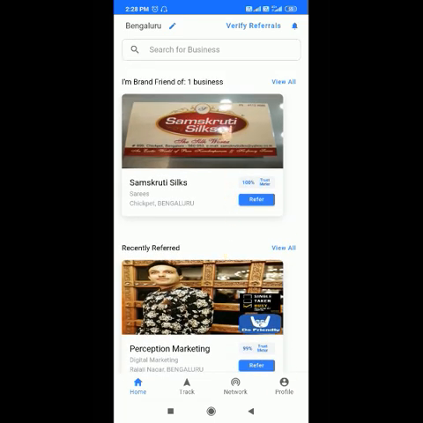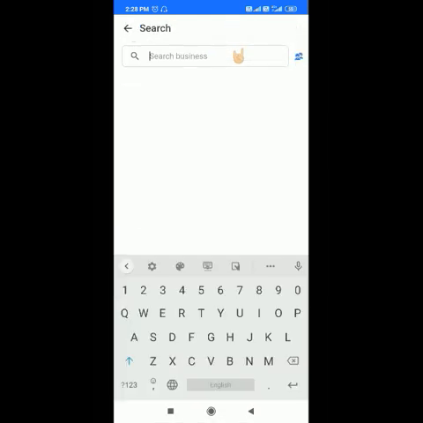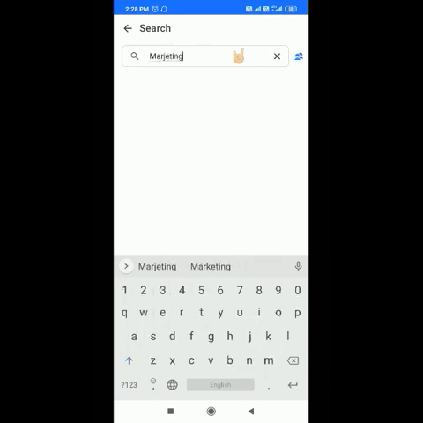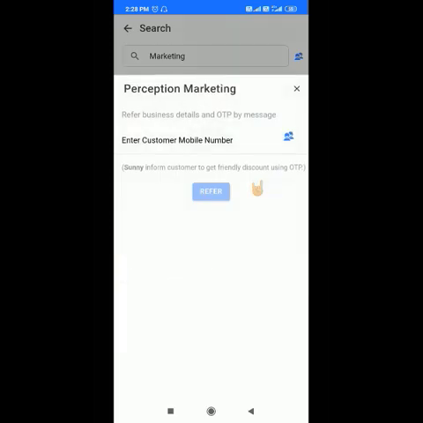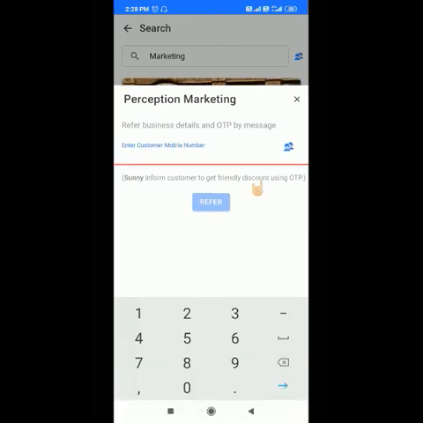Having the DoFriendly app, all you need to do is open the app, click on search and click marketing. As soon as you click marketing, you find Perception Marketing. Here you just need to click Refer and enter the customer mobile number. You can either choose the customer's number from contacts or directly enter it.